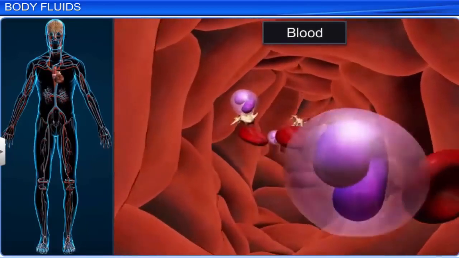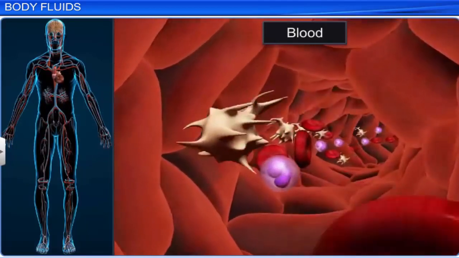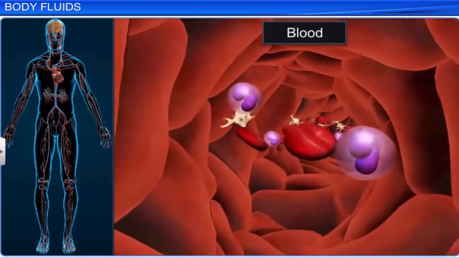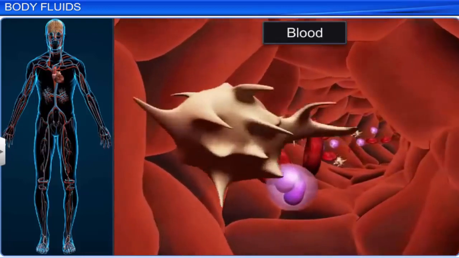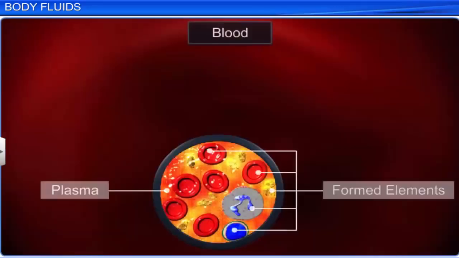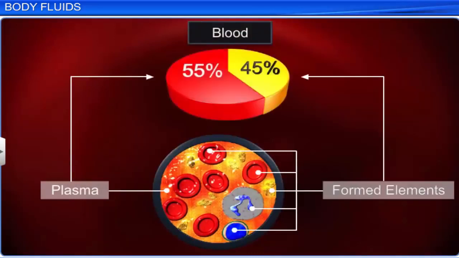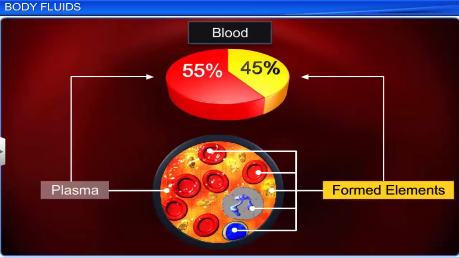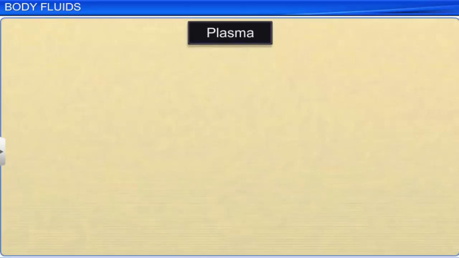Blood is the common body fluid used for circulating nutrients and removing waste throughout the body in humans. It is a liquid connective tissue that consists of 55% liquid plasma and 45% formed elements called blood cells. Now, let's see what plasma is made of. Plasma is a straw-colored fluid